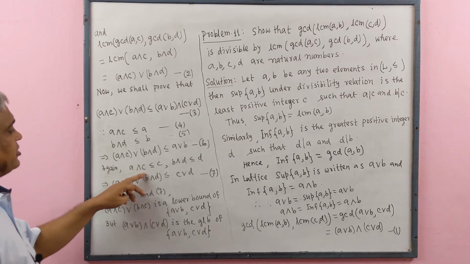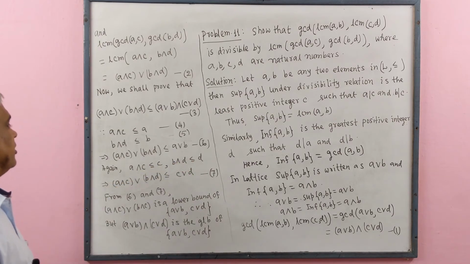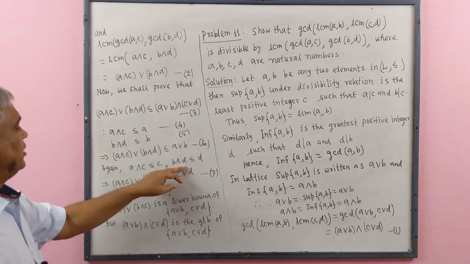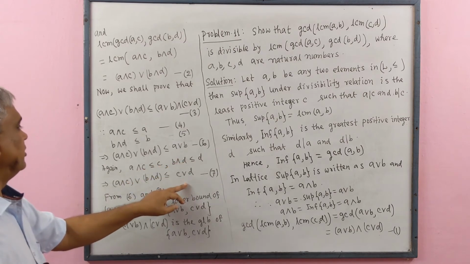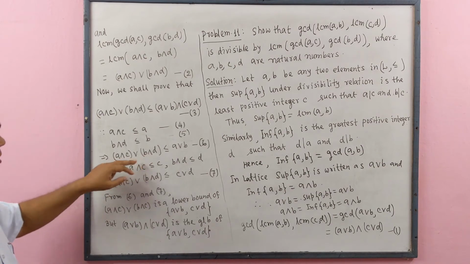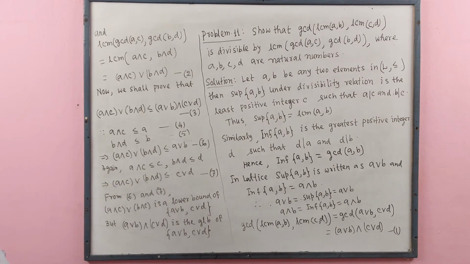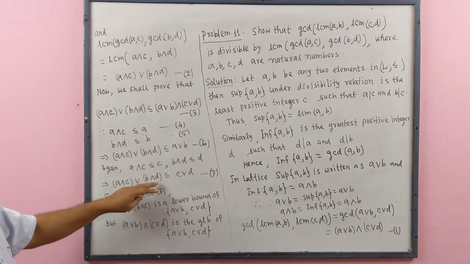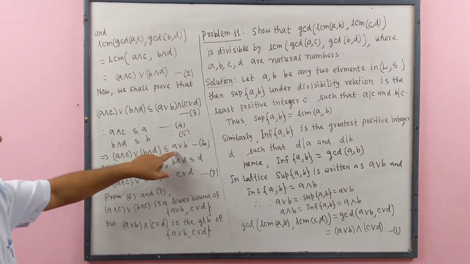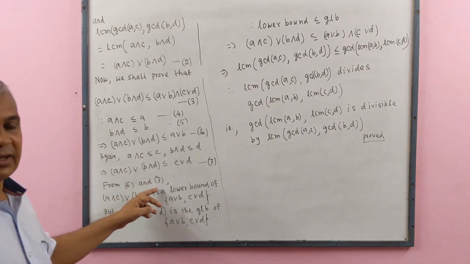Again, A meet C is less than or equal to C, and B meet D is less than or equal to D. We take join on both sides. A meet C join B meet D is less than or equal to C join D. In 6 and 7 we see that the left side is the same, A meet C join B meet D. Therefore A meet C join B meet D is a lower bound of the set containing elements A join B and C join D. From 6 and 7,